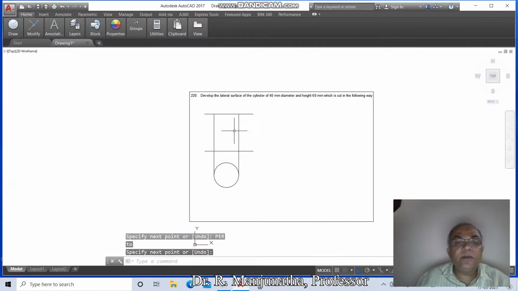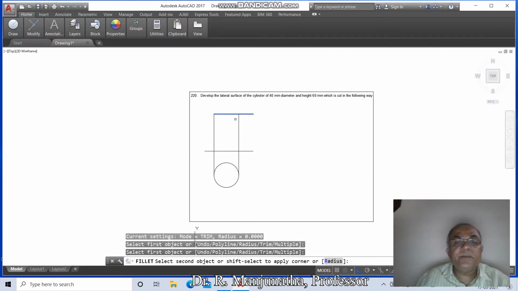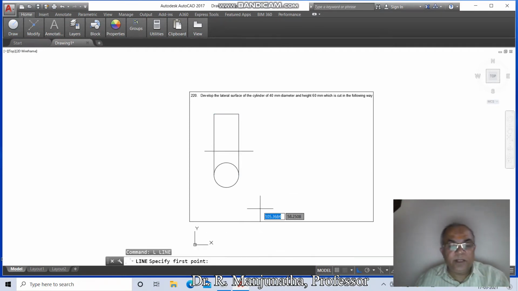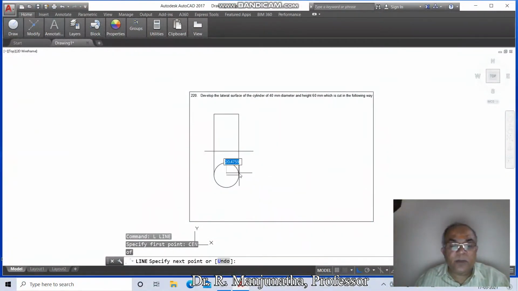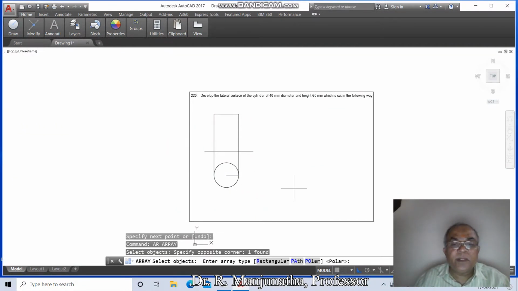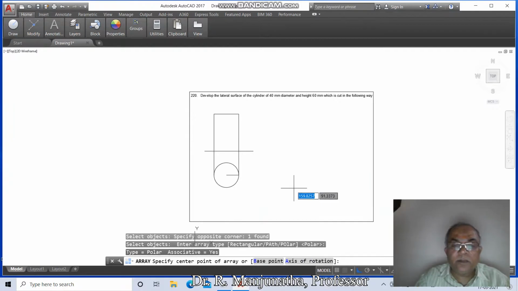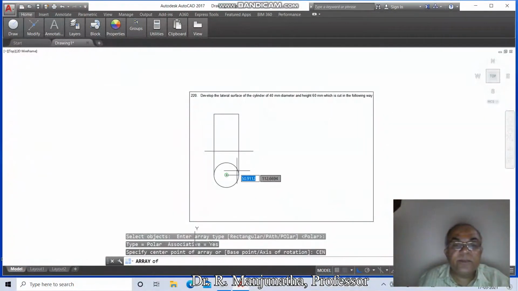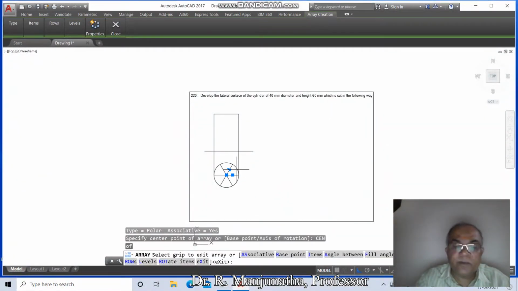Then go to fillet between these two, then go to line, take center of this, take quadrant of this, then go to array, select this, take a polar base point center of this, take the number of items 12,